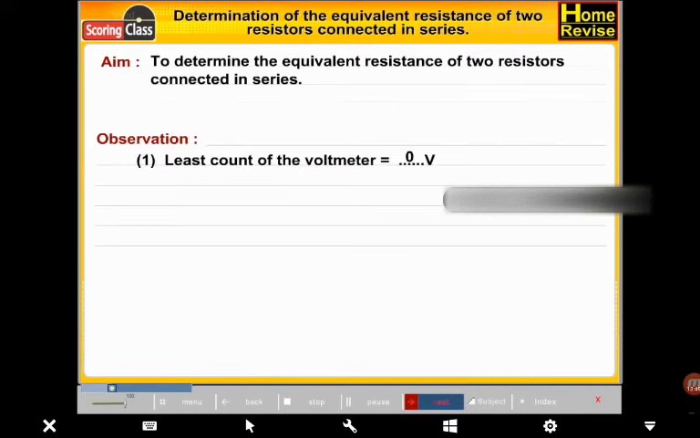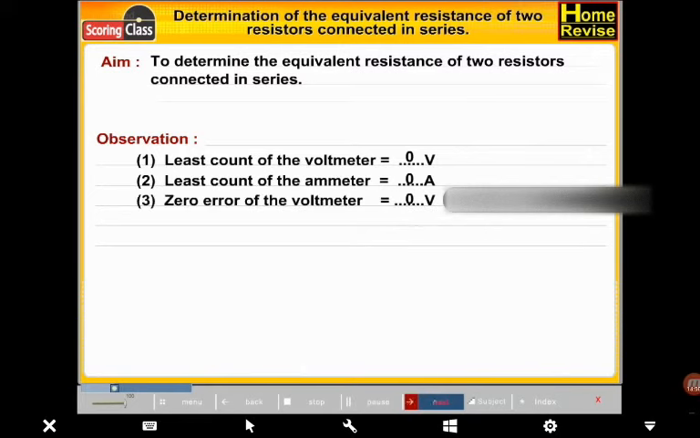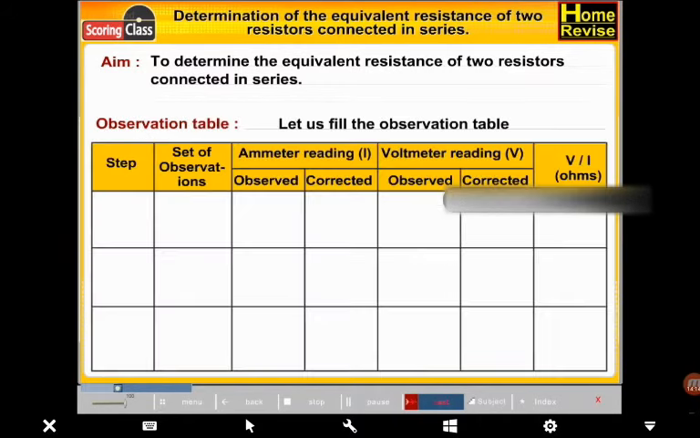Observation number 1. Least count of the voltmeter is 0 volts. Number 2. Least count of the ammeter is 0 amperes. Number 3. Zero error of the voltmeter is 0 volts. Number 4. Zero error of the ammeter is 0 amperes. Now let us fill the observation table. It has columns: step, set of observations, ammeter reading I observed and corrected, voltmeter reading V observed and corrected,